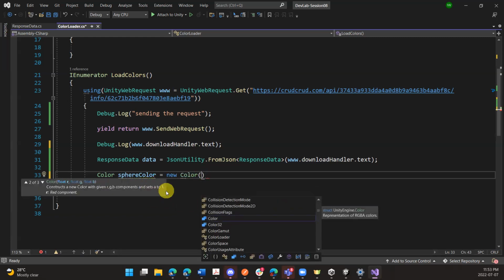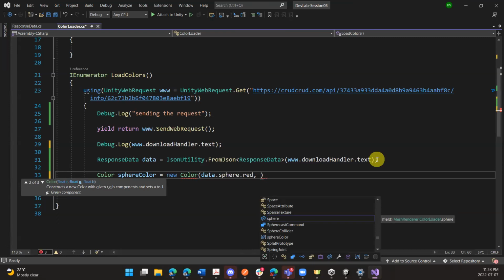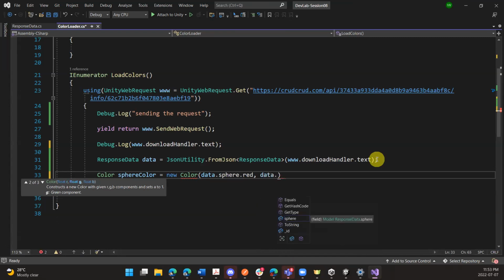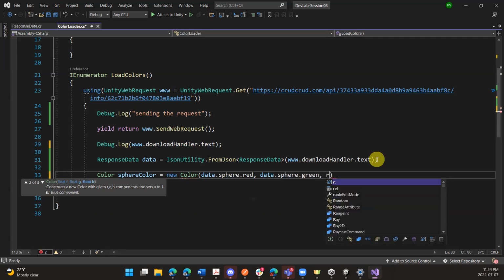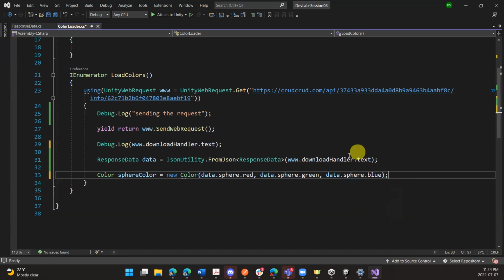Now you can see that we can create a color using RGB values. So RGB values we can get from data. I'm just going to say data.sphere.red, comma, data.sphere.green, comma, and the third one is data.sphere.blue. Great. So we got these three values from the network, right? Red, green, and blue values we got from the network. We use those integer values to create a new color,